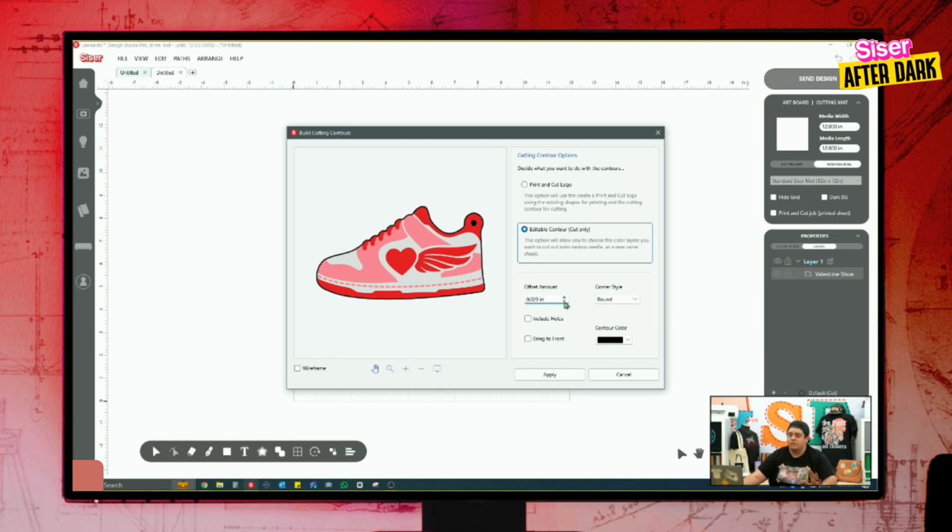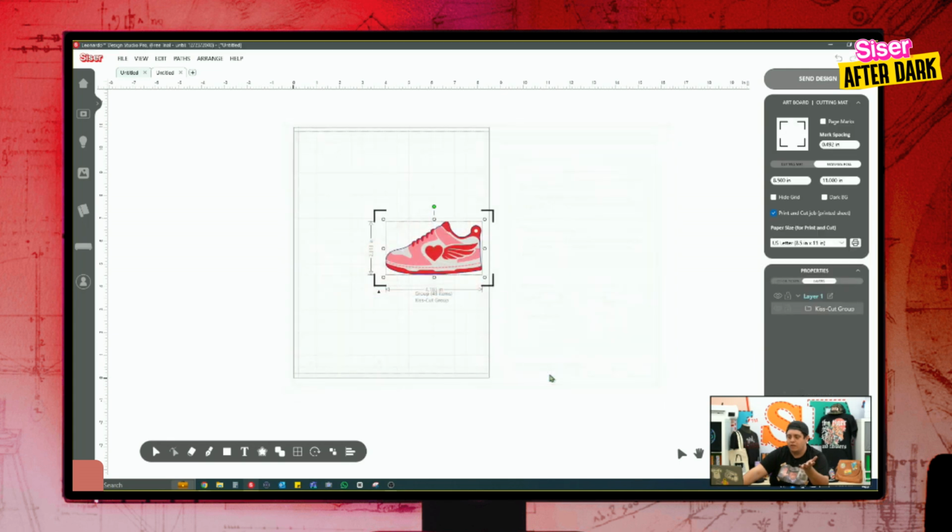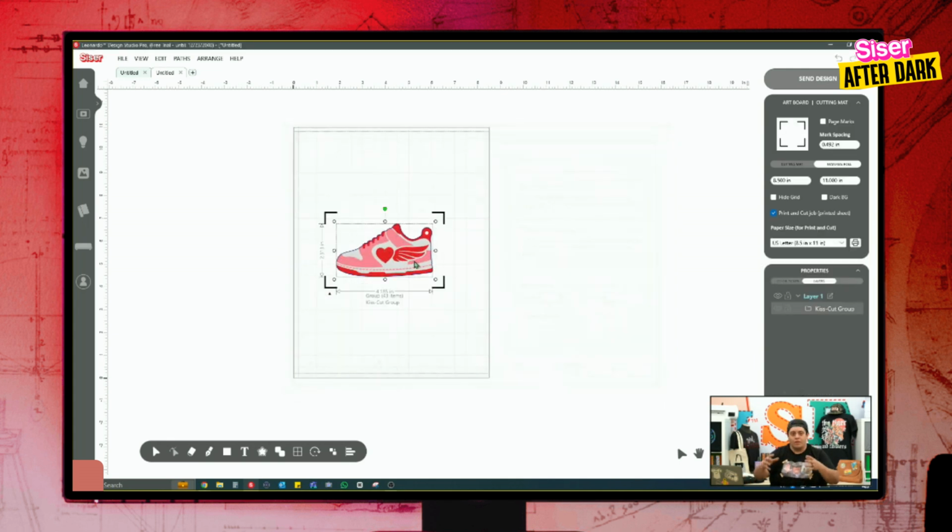But for this case, what we're going to do is, I said, we're going to convert this SVG into a print and cut. So instead of clicking on the editable contour, I'm going to click on print and cut logo. And as you can see, as soon as I click on print and cut logo, that blue line is snapped all the way around my design, which just is indicating to me that this is now a print and cut